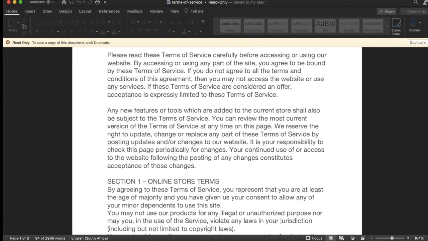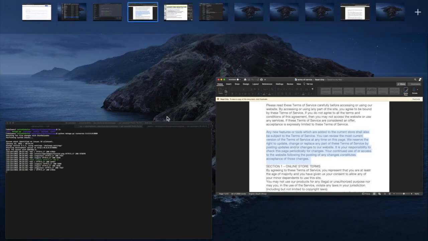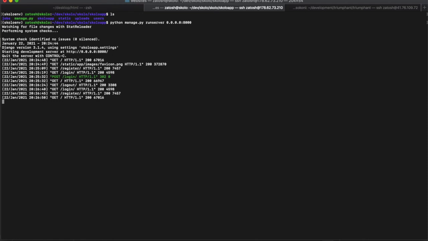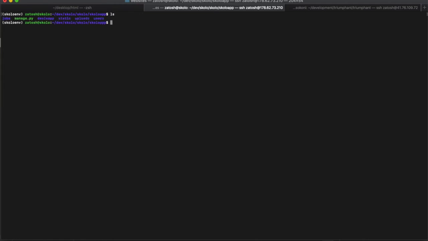All right, and go into our VPS machine. Okay, let's stop this server from running. Let's clear. Okay, so terms and conditions, we can put this directly in our HTML. I mean, you can put this directly in our,